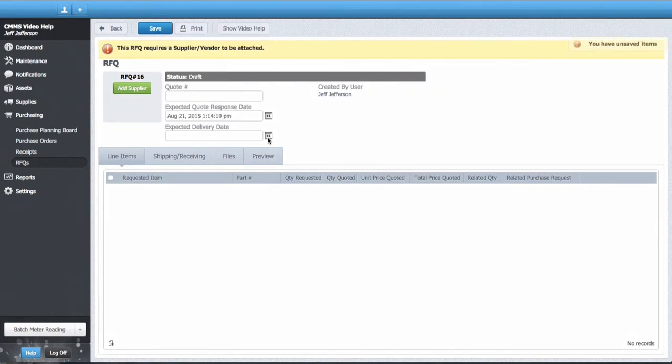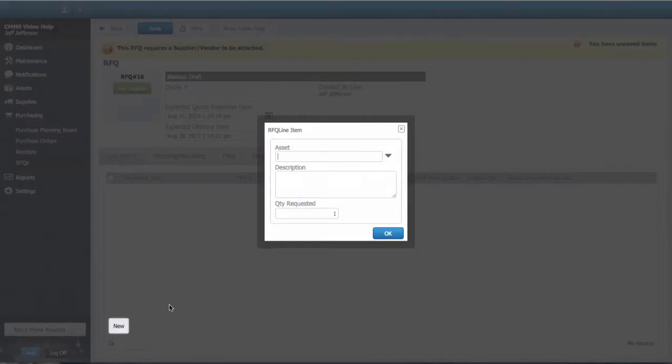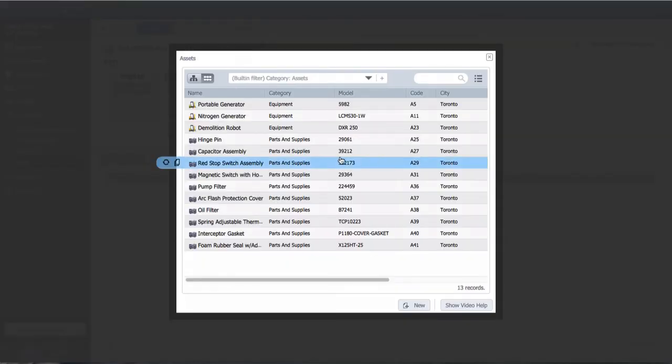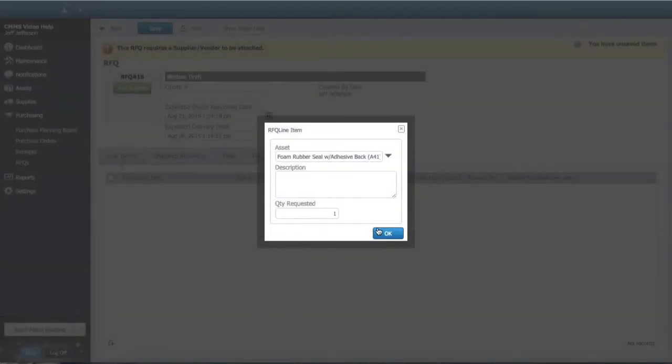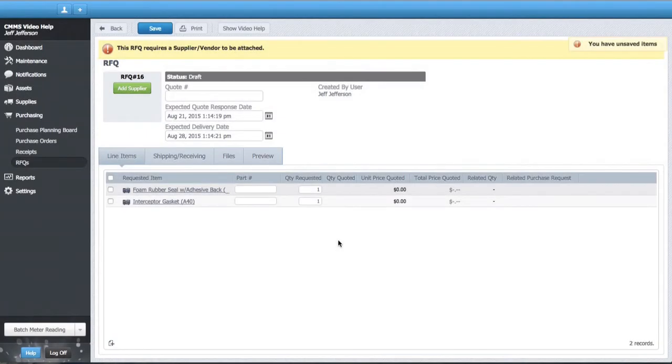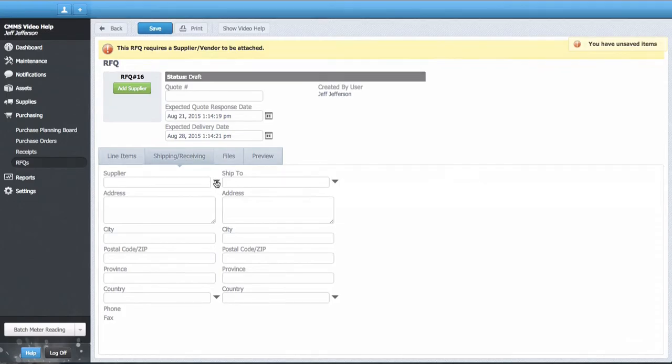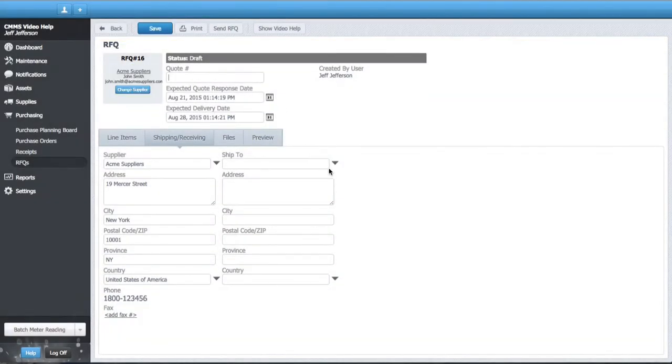First, fill in the expected response and delivery dates. Next, add the parts and supplies required. For this example, I'll add a gasket and some rubber seals. Select Rubber Seal from the parts list and click OK. Repeat for the gasket. In the Shipping and Receiving tab, I'll add the supplier information and also the Ship To